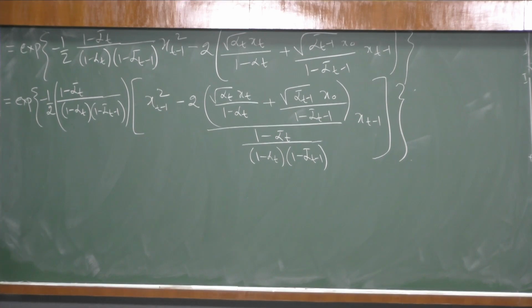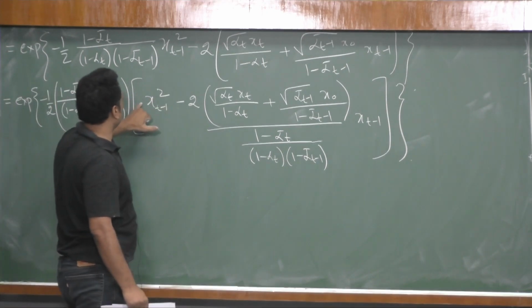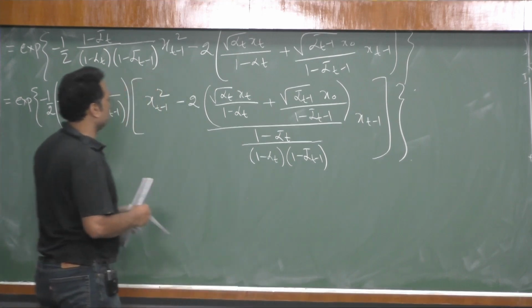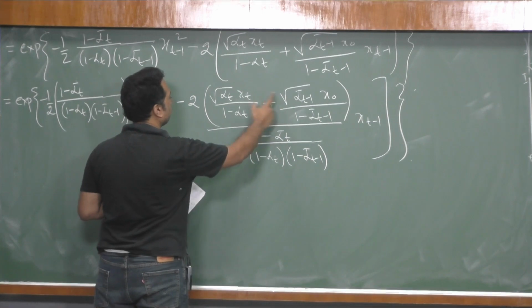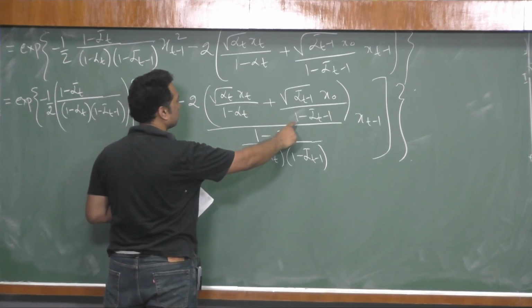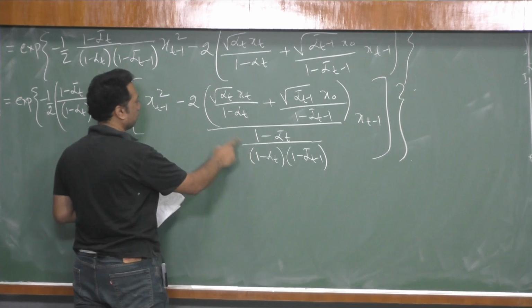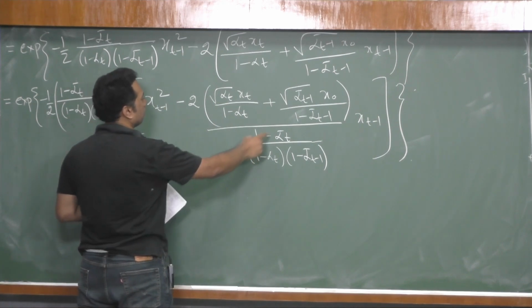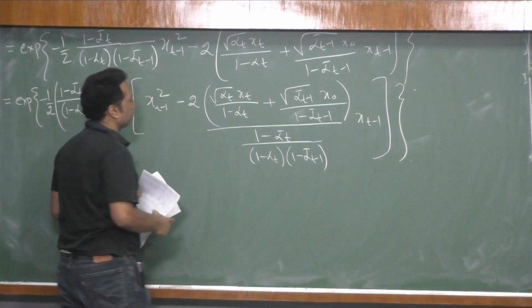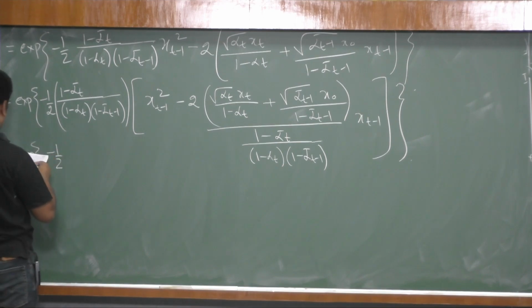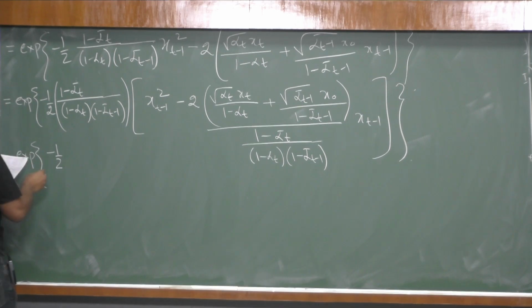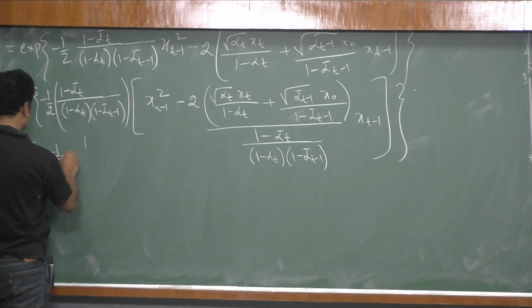Okay, so we took this common, and then this guy remains with 1, and then this gets divided by this guy. So we can kind of combine them. So we will have 1 minus alpha t times 1 minus alpha bar t minus 1, and that gets cancelled with this. Okay, and this gets multiplied with this. So there is some simplification here. Let us do that. So this is exp minus half, and this I can see this as 1 by